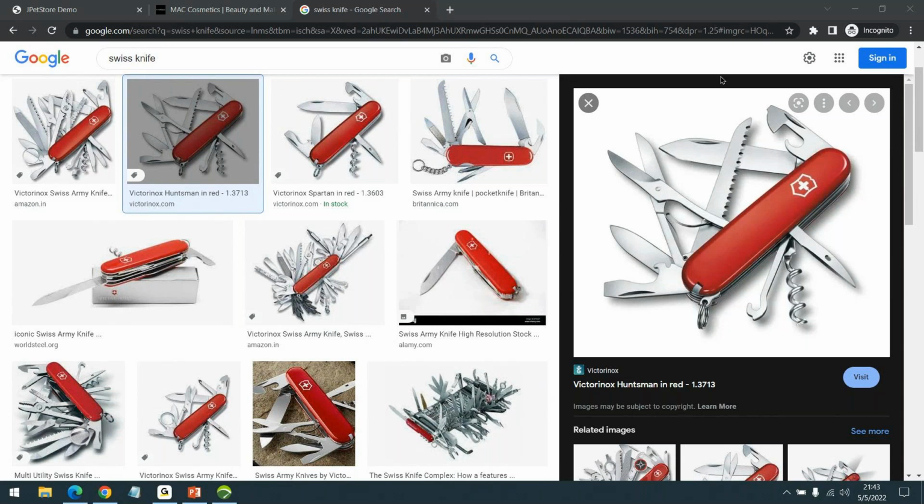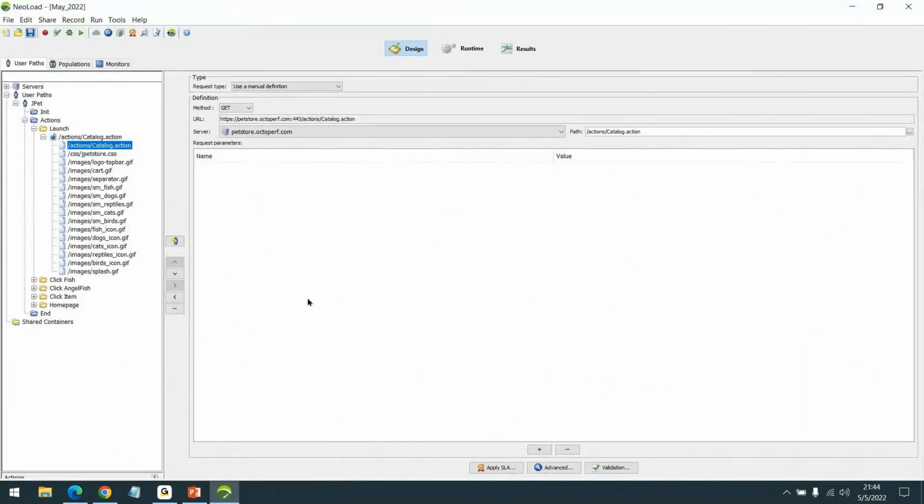NeoLoad is, cost wise, really less compared to LoadRunner, and it is highly intuitive. The learning curve with LoadRunner is that it will take at least 4 to 6 months for you to learn clearly what is going on over there. There are different LoadRunner based functions that you have to learn, web functions that you have to learn.